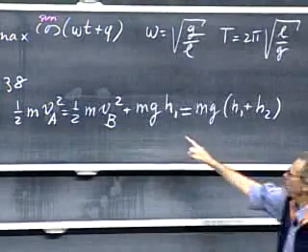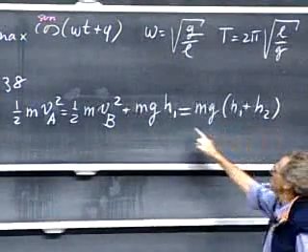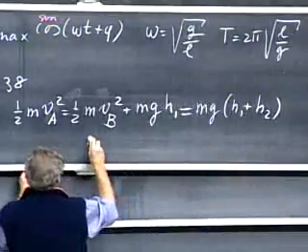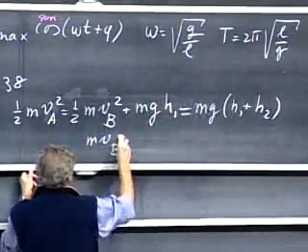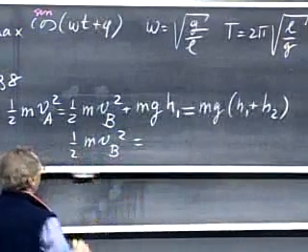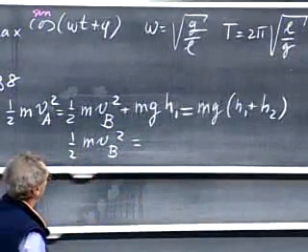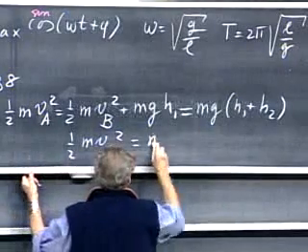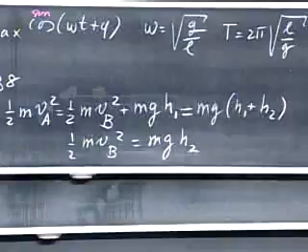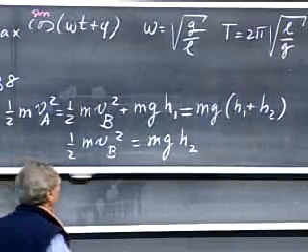And if you compare this part of the equation, you see that you lose mg h1, and so you'll find that 1/2 m VB squared equals mg times h2. And so you will find immediately h2